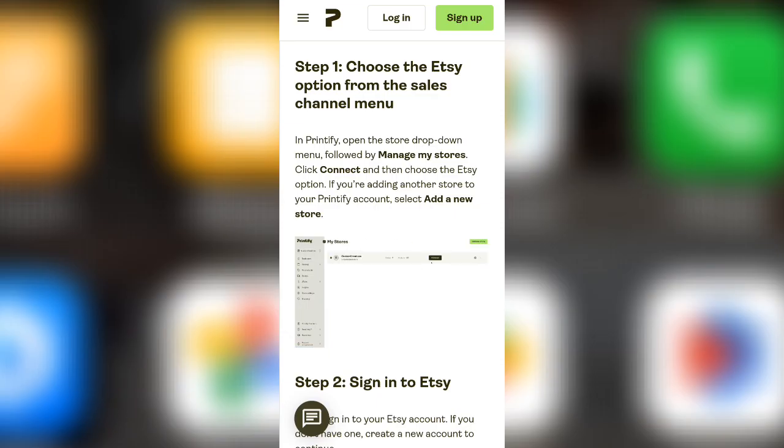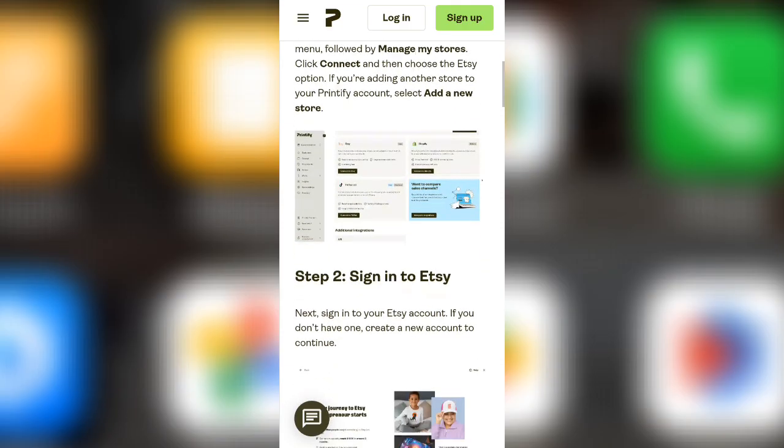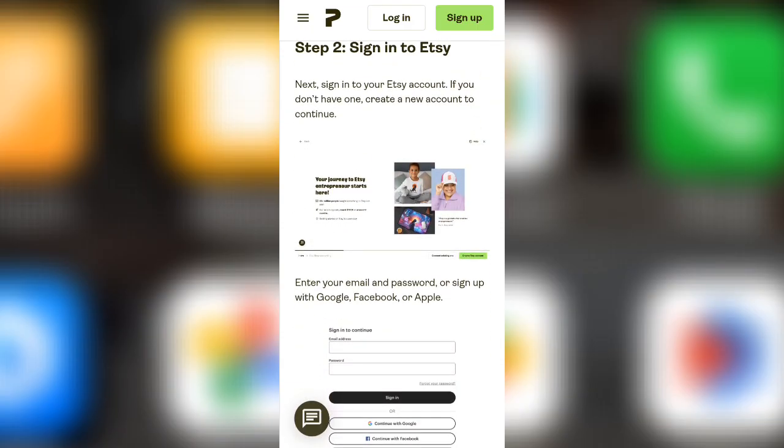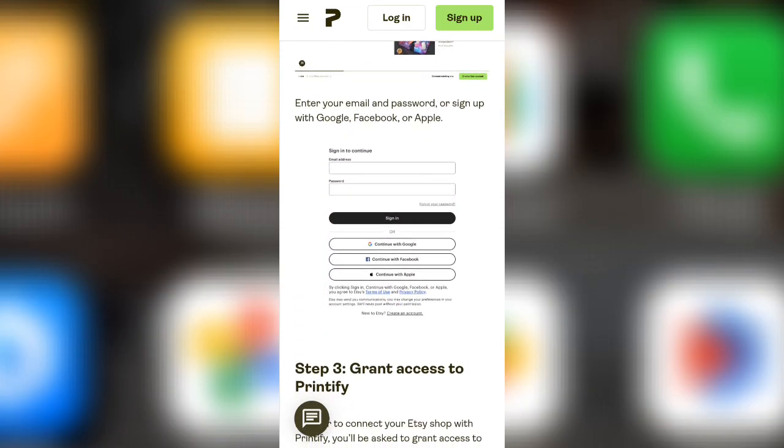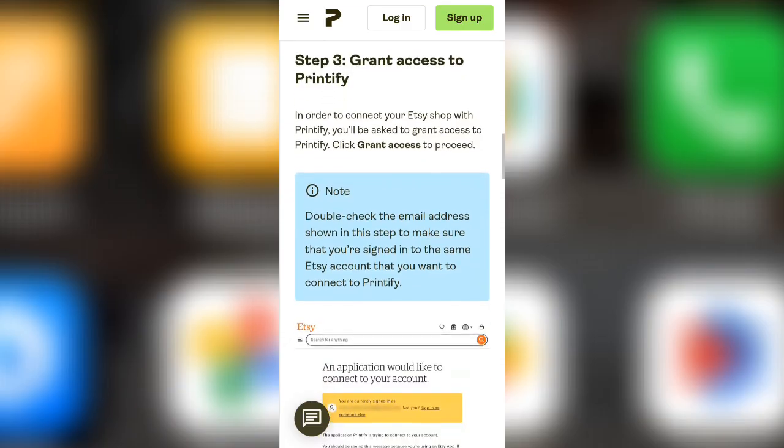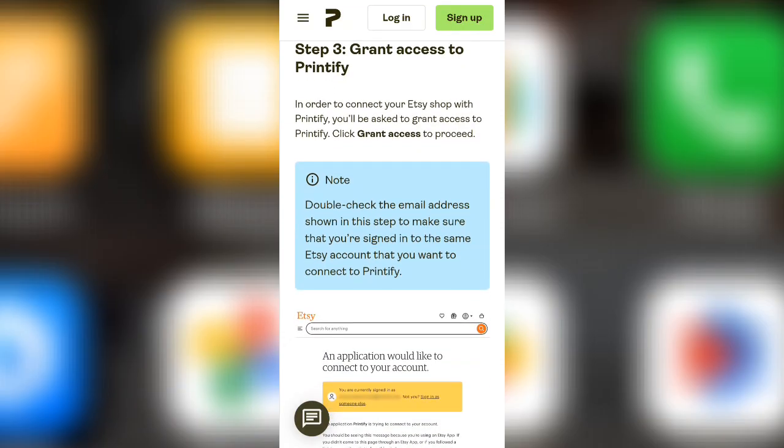This integration makes it easier to manage product listings, pricing, and order fulfillment right from your mobile device. Just make sure your Etsy shop meets the basic requirements like having a completed profile and store policies set up